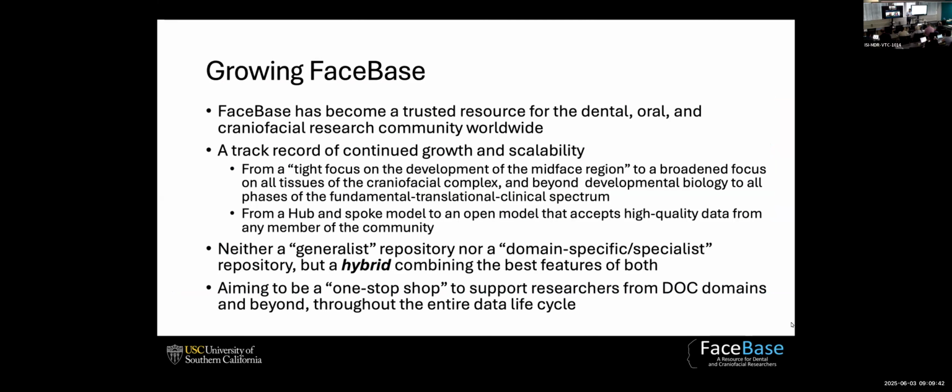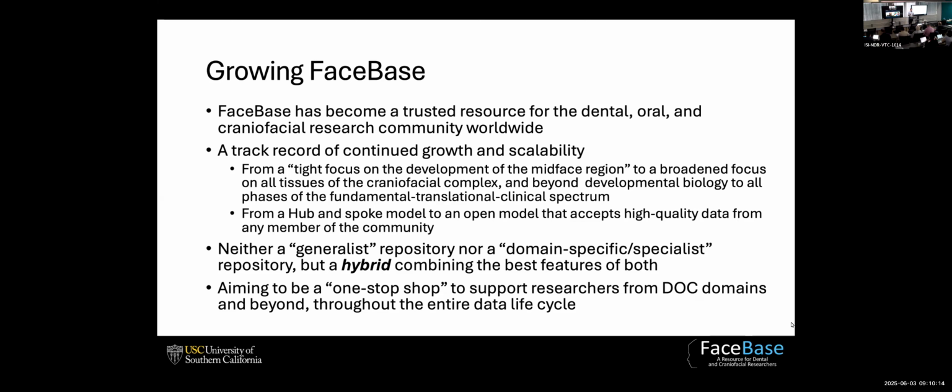And the track record, as you will see highlighted in Rob's presentation, based on different model organisms that we have in FaceBase: fish, chick, chimpanzee, human, mouse, and then the variety of data sets, and how that has kept up with the evolving technology. And it really just highlights how the FaceBase community has been growing.